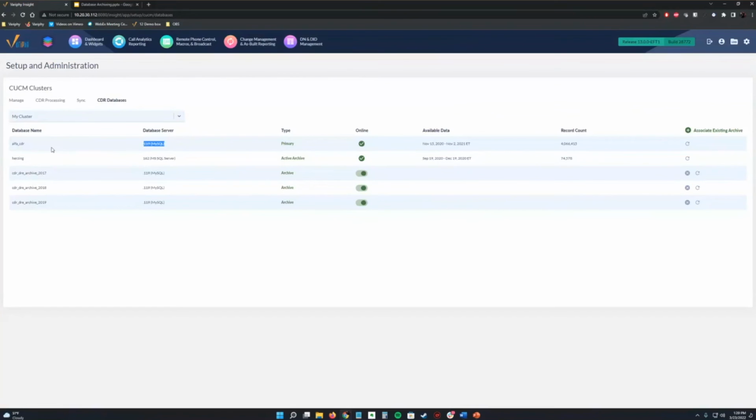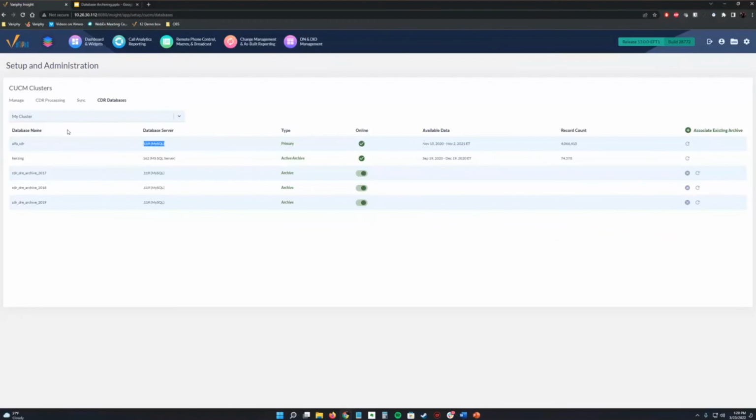One other question: is this dependent on MySQL, or does it work just as well with, I think it means, MS SQL cluster? It works with both, absolutely. It works with Microsoft SQL or MySQL. You could have multiple Microsoft SQL servers that you want to point these to, or a single database. And like I said earlier, that single database will benefit you if you have 5 years of data but never really search past a year. We can archive that, so it's going to make your reports run a little bit faster because it's not going to need all that processing power.